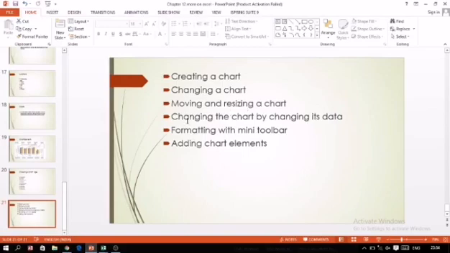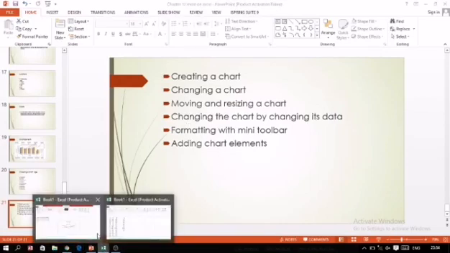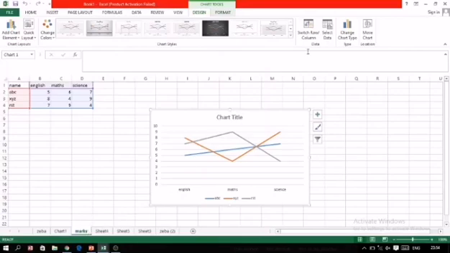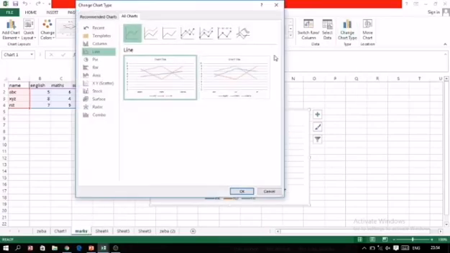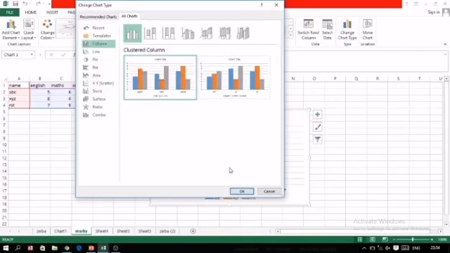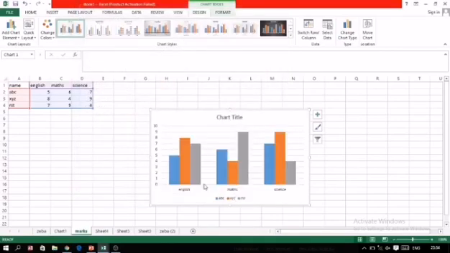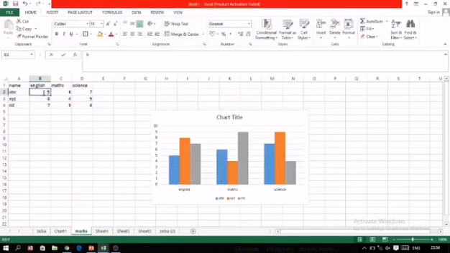Changing the chart by changing its data, for example, this chart which is displaying over here. First I am changing its type to column, so you can easily understand this also. Now column is okay. So this is the chart. Here you can see for the student ABC, the English marks is 5. Now for example, I want to change the marks, maybe the marks was entered by mistake as 5 and I want to change the marks.